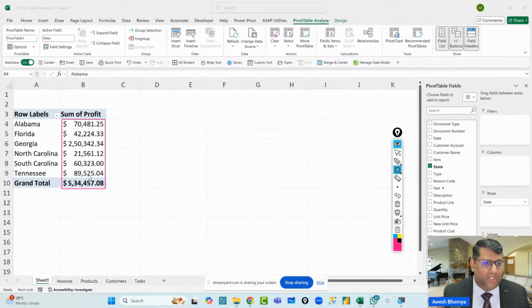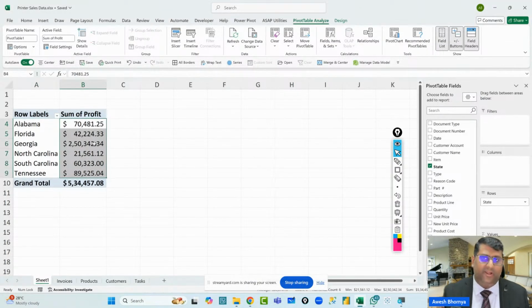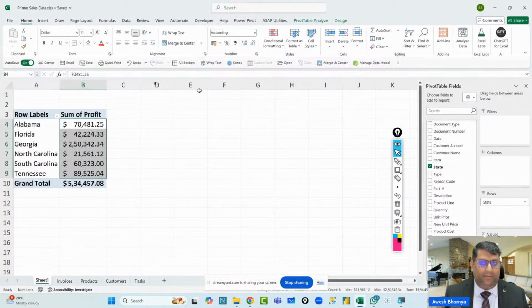So once you break this down by the different states, you are now going to be able to identify which state has got the maximum sales. Now, obviously, here you don't have too many states, so it's not difficult to find out which state has got the maximum sales. But despite that, you still feel you want to identify which state has got maximum sales easily. You could simply select this data, that's the profit data, and then go to the home tab, and you can use the interesting feature called conditional formatting.